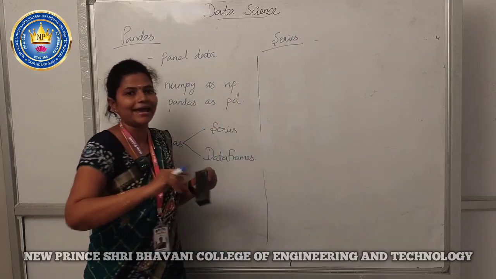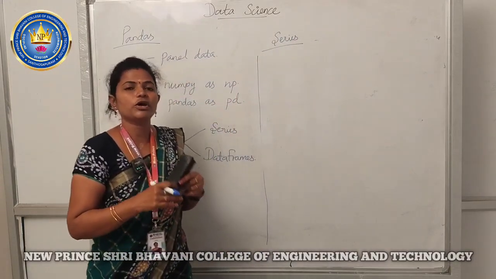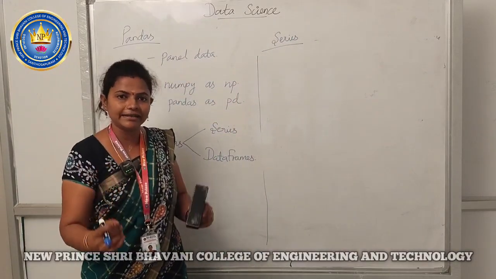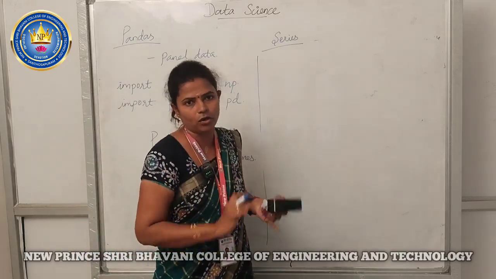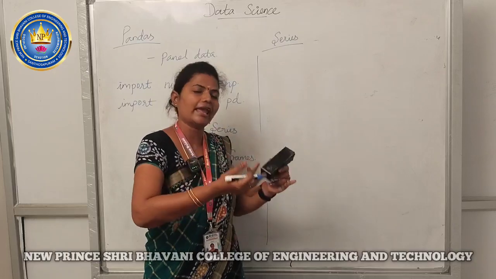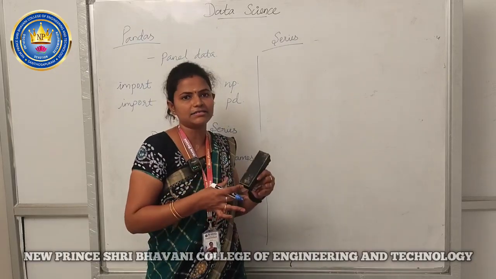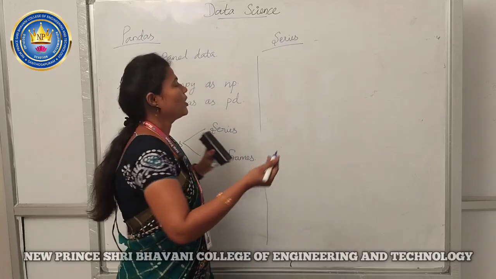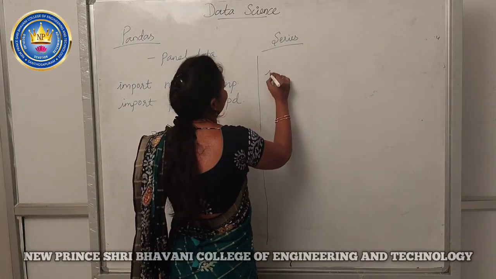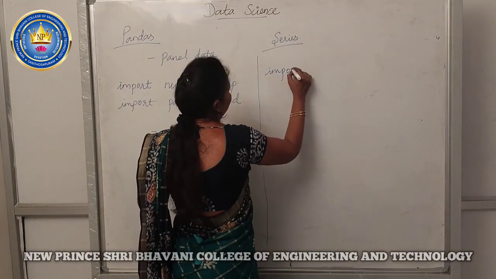Pandas series is a one-dimensional array which represents only one data structure. This series is mainly used to create one column. If I am going to take any one data or data set, the series is mainly used to create only one column. For example, I am using one coding line: import